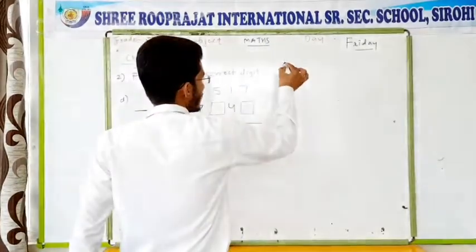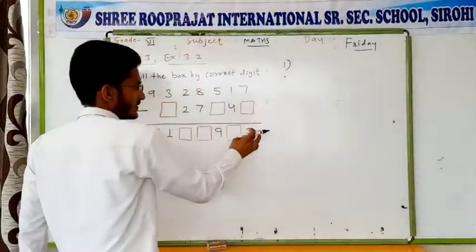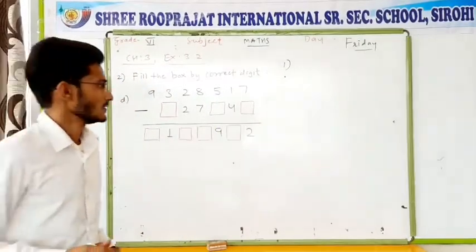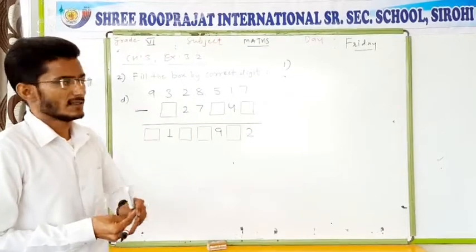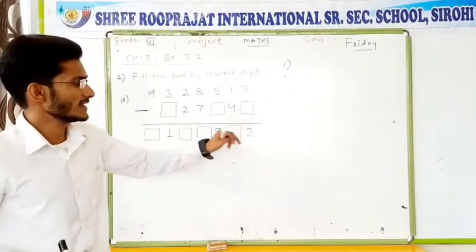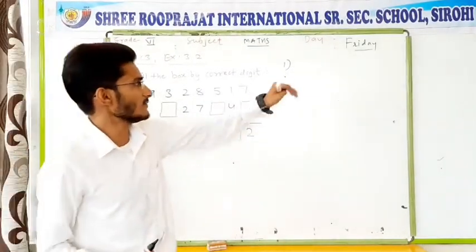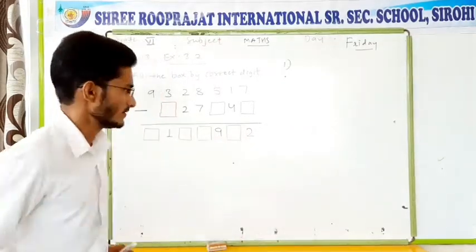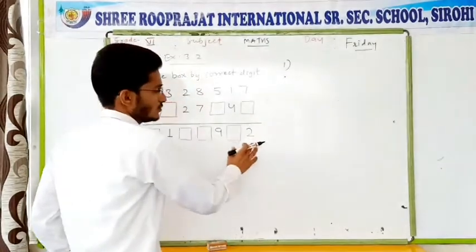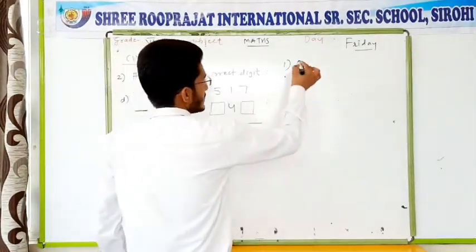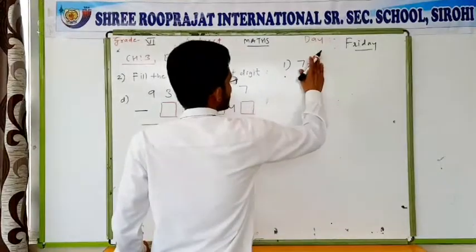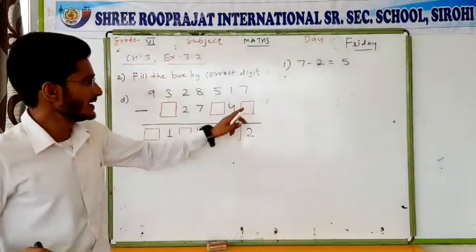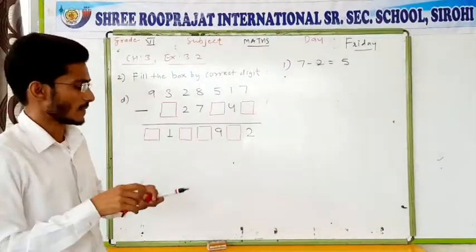That means 7. You have to fill that box with the correct number, and you need a 2. So if you use your mind, you can simply say that you have to put 5 here. Then you will get 2. Or even if you want to write it, what will you do? We just use the method of the first one. If you need a 2, you just subtract 2 from 7. So 7 minus 2, you will get 5. That means in that box you have to fill 5.